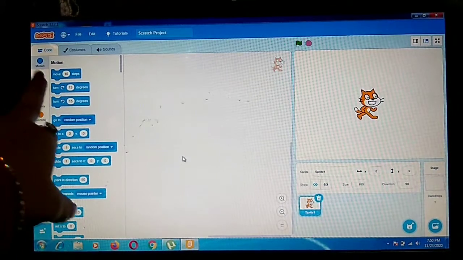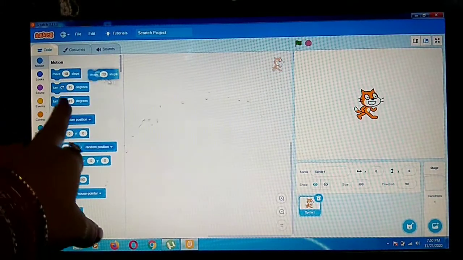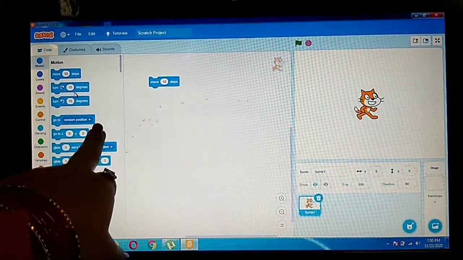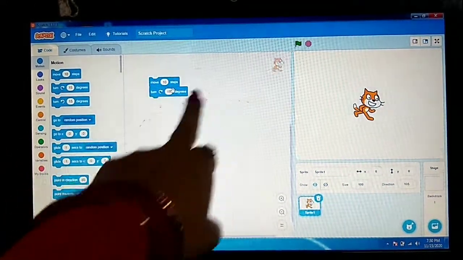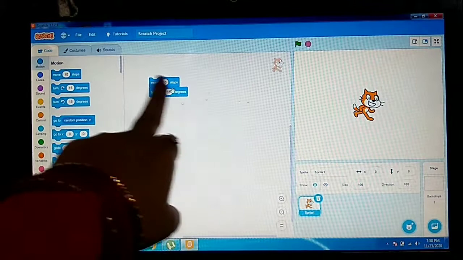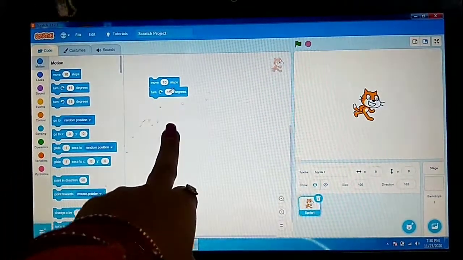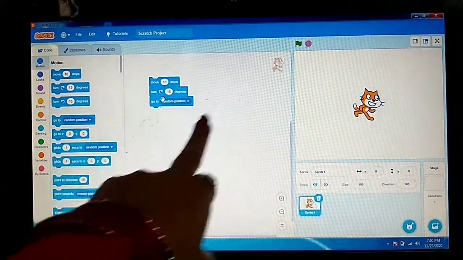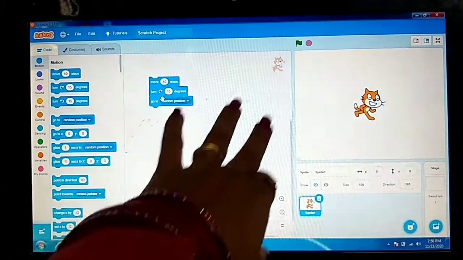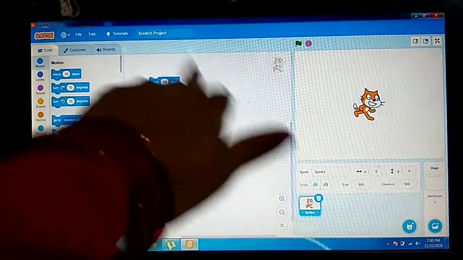Now what is script? When we move blocks from the block palette to this area, like we have moved two blocks here, this is called a script, and this area is called the script area.